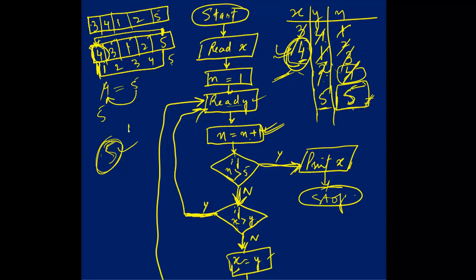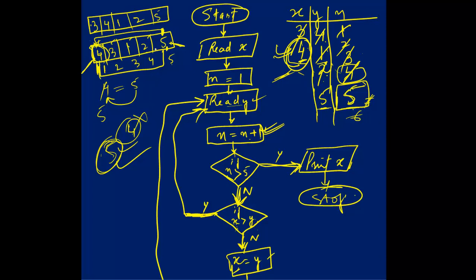We were getting greatest 4. That was a wrong answer. We should get 5 here. That is why we have changed the condition here, that n should be greater than 5. When it becomes 6, then we will stop. So here, if x is greater than y, yes or no, it will go to this part. X is not greater than y. This is x and this is y, and x is not greater than y. Y was earlier 2, now y is 5 this time.